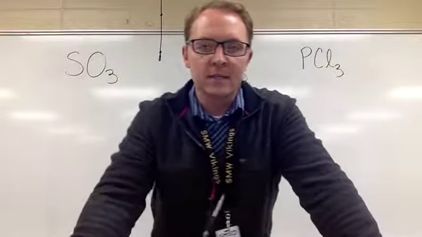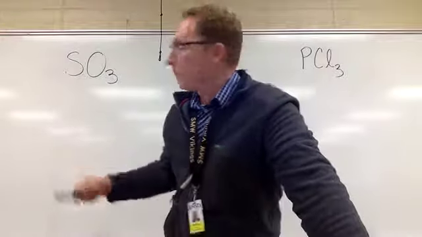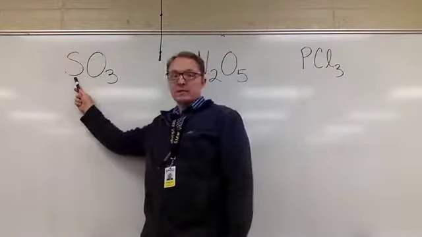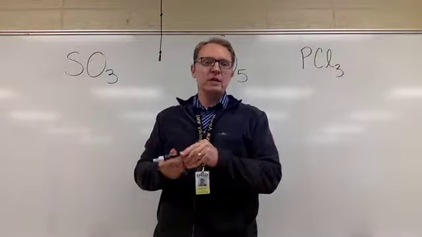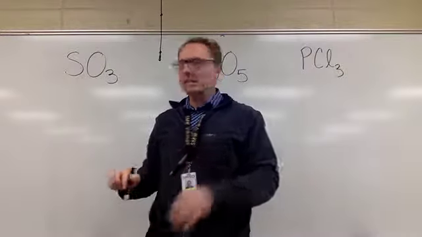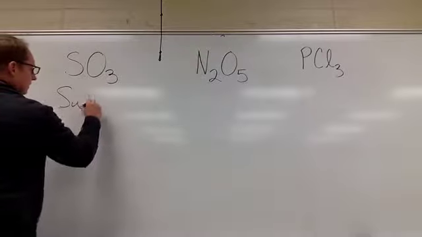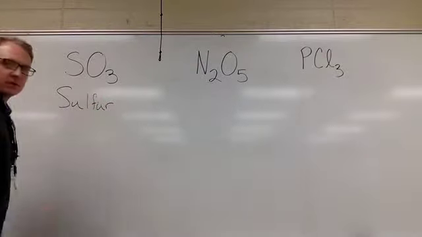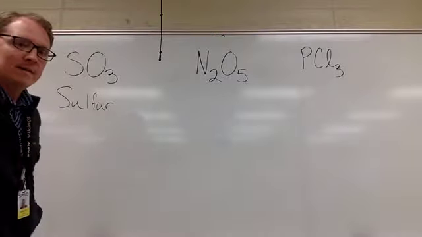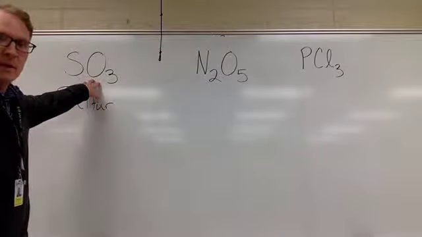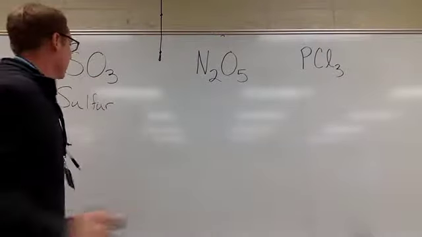Rule number 1 is to name the element that is furthest to the left on the periodic table. If you're looking at a formula, then you can just take the one that's listed first. That's going to be the one that's furthest to the left. Just write the name. Don't change it at all. Sulfur stays sulfur. Okay? Watch your spelling. You've got a periodic table in front of you, so please use it. Make sure your spelling is correct. The second step says take the other one, the other element, and give it that IDE ending. So oxygen becomes oxide,